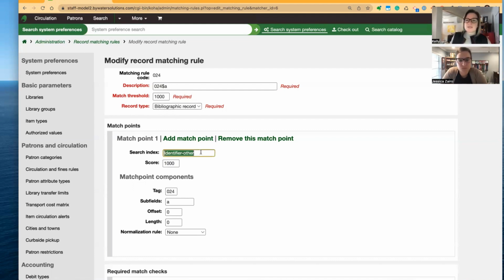This is where it gets really specific in the search index. So if you are creating one from scratch, such as this 024, the search index is really important to know exactly what Koha is calling it. And this depends on what search engine you're using on your Koha system. Koha was created with a Zebra search index, and we have migrated, most libraries are probably on Elasticsearch. So that verbiage is going to come from the manual specifically, so I can pull that over for you to see. But if you go right into this record matching